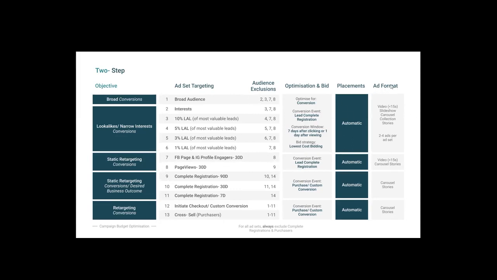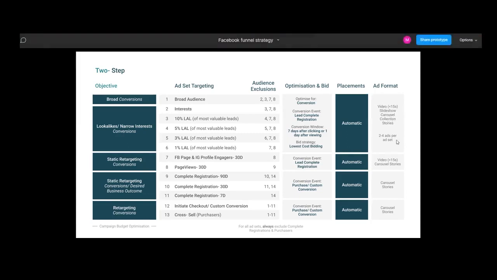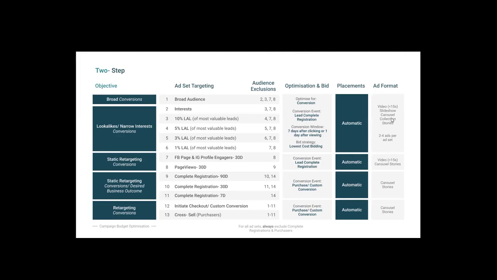So the ad format you can see on the right. For the first prospecting audience, we'll have a video or a slideshow or a carousel. A carousel is multiple images in a slide, like a slideshow, and stories work best along with carousel. So basically, for these audiences we'll have at least 2 to 4 ads in the